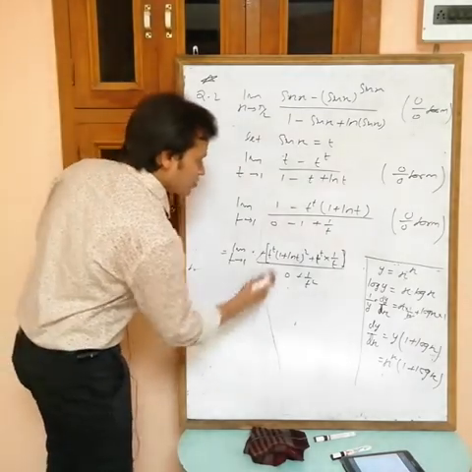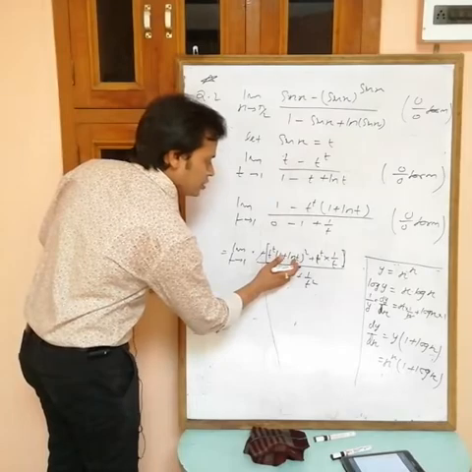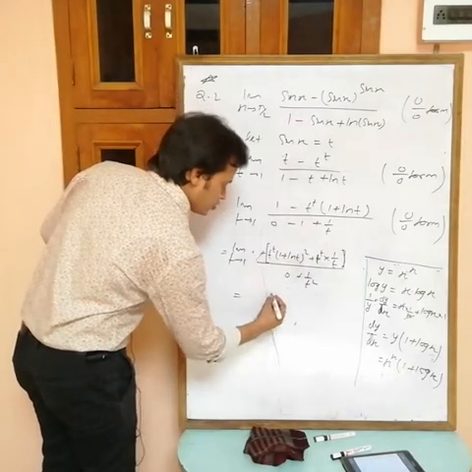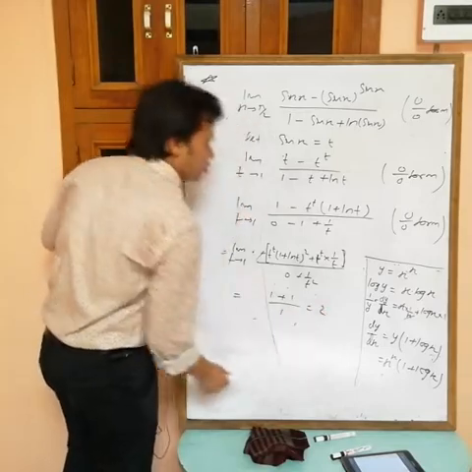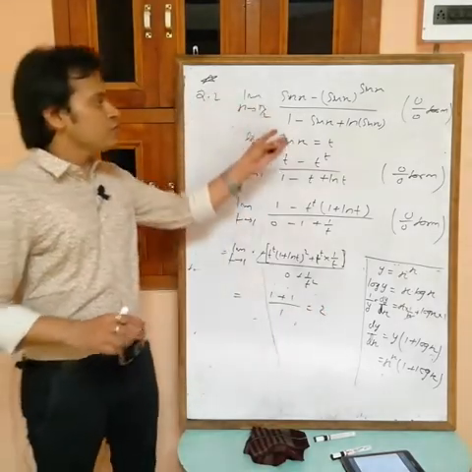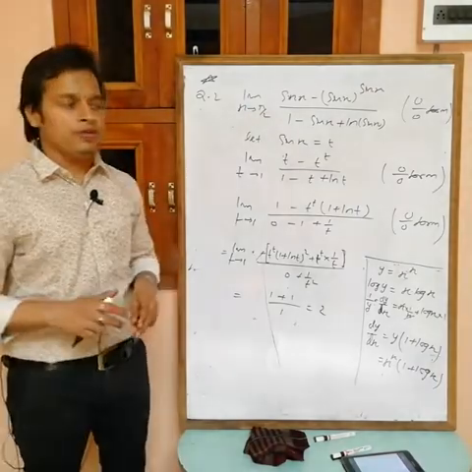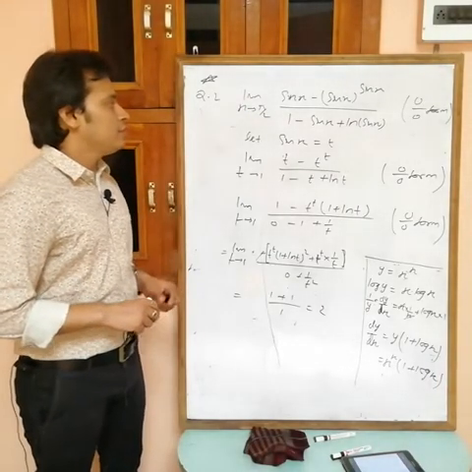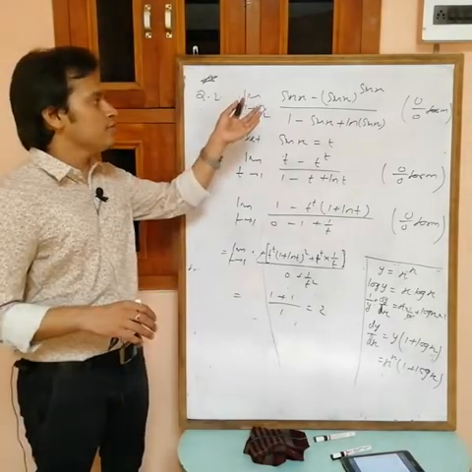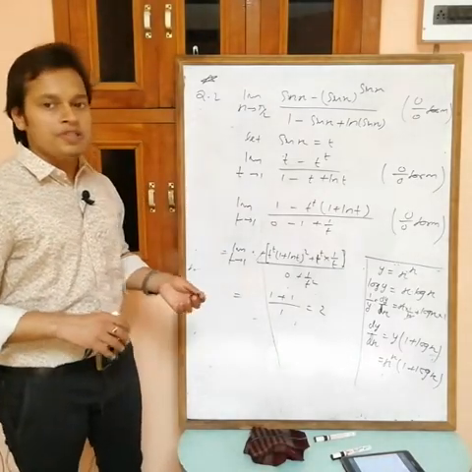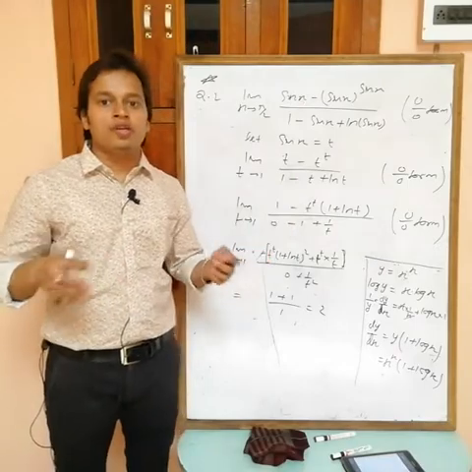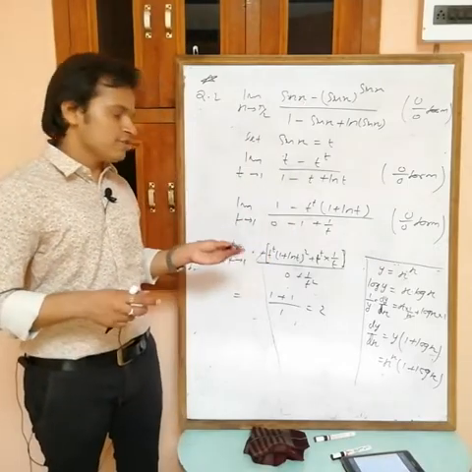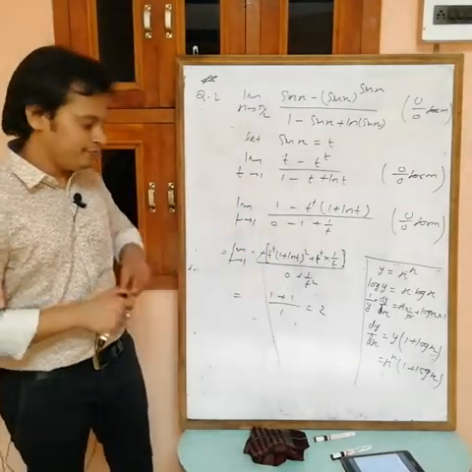If you put t equals 1, this is 1. Log 1 is 0. 1 plus 0 is 1. So 1. This is also equal to 1 by 1. So the answer is 2. Now for this one, L'Hopital is the only easy method. And we can't convert this one in terms of a standard limit now, obviously, because we don't have any formula with t power t. So sometimes only we can use L'Hopital.